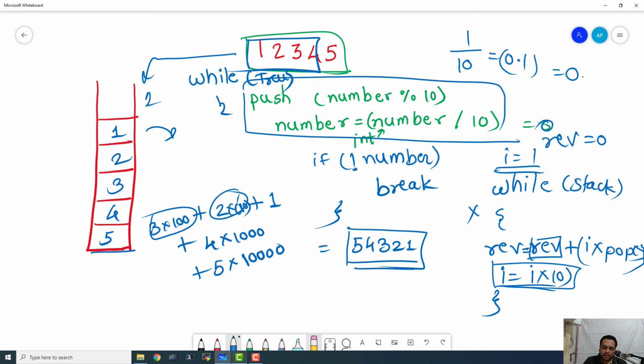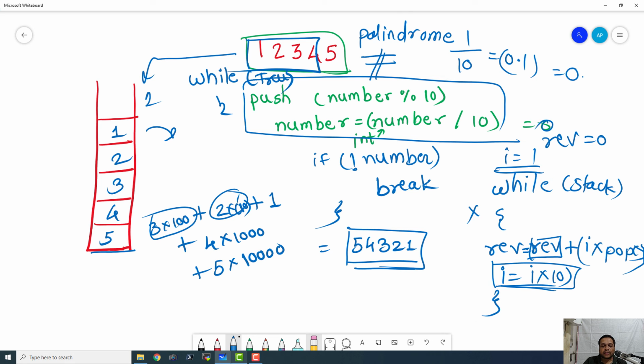Now we can compare the original number and the reverse number, and we are going to get the output. Okay, so if the original number and reverse number are equal, then it is a palindrome number, and if not, then it is not a palindrome number.